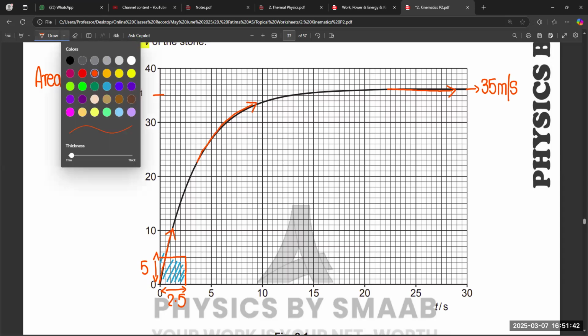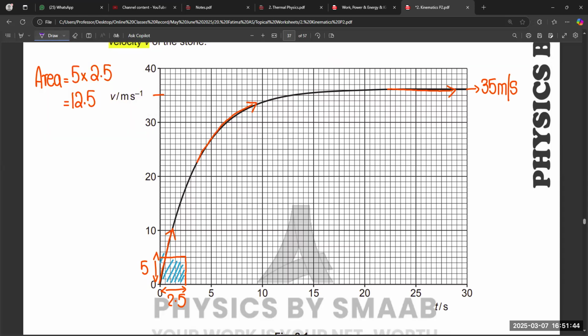Okay, now we are going to count the full boxes under this curve, right? So let's suppose this is the first box. We will count the whole. This is not the final answer. Now we are going to count the whole. So we try to cover maximum full boxes, right? Because it is approximate, not exact. So we can consider this one as box one, right? Because this is almost one box. And this is box two,